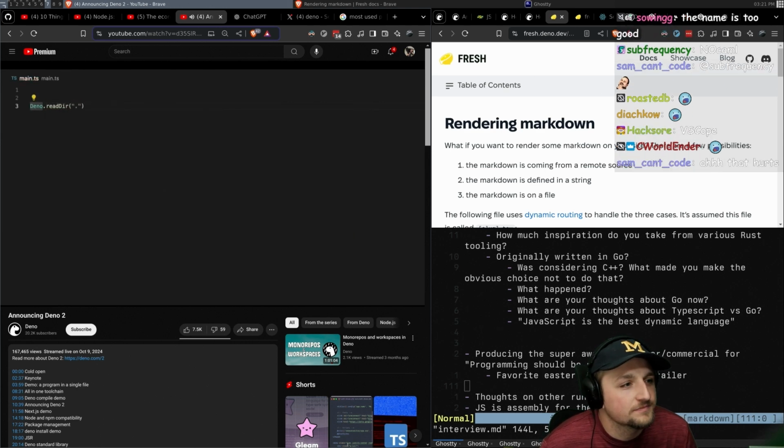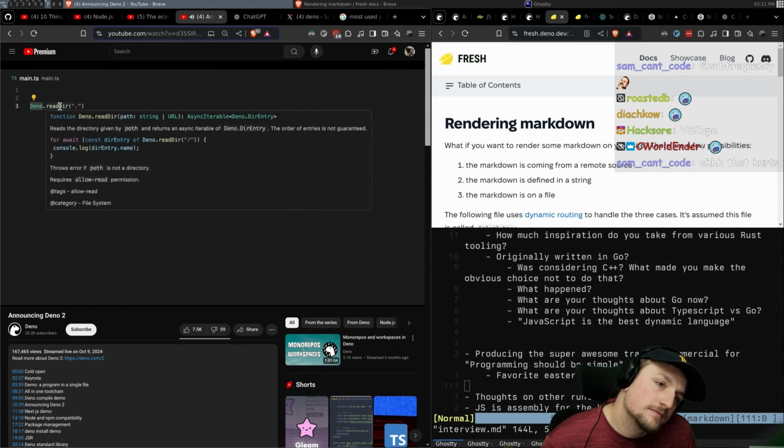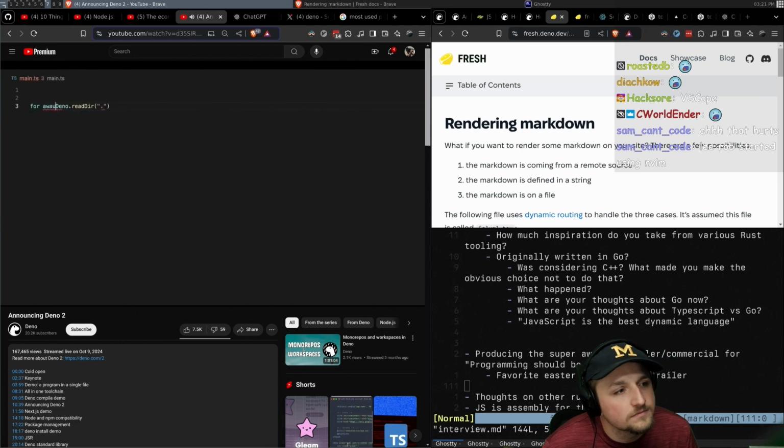It's giving me a red squiggly because I don't have any arguments. So I'll give just the current directory, dot, as the argument to start with. This function returns an async iterable that lists the files in the current directory. Let's try to loop over these using an async